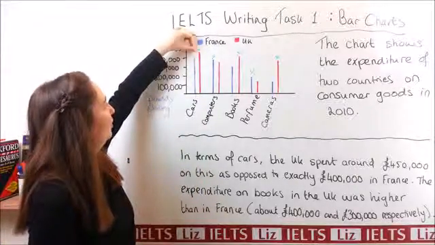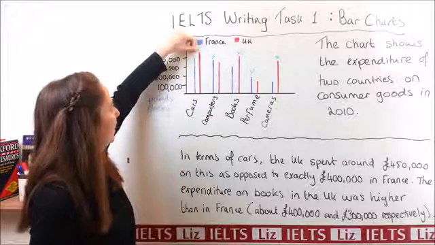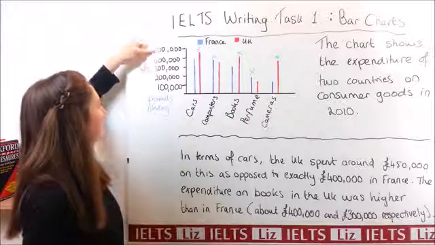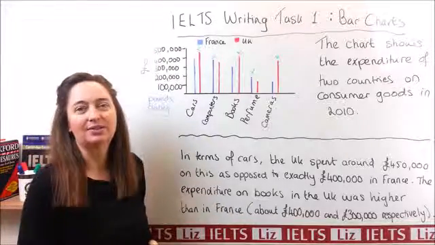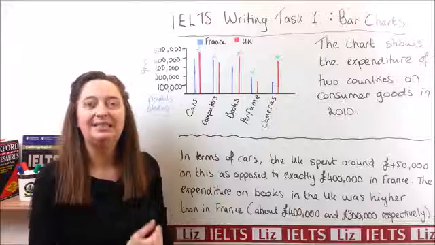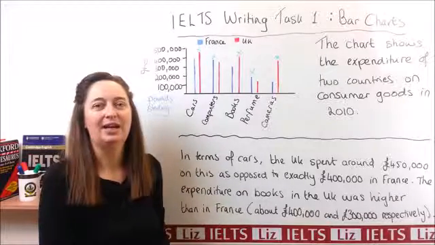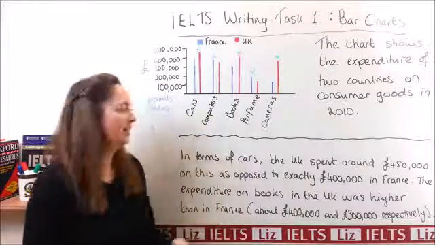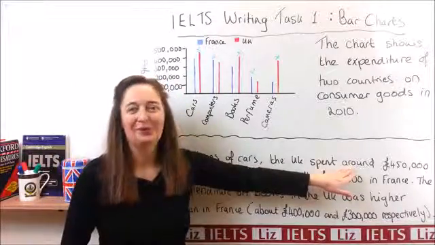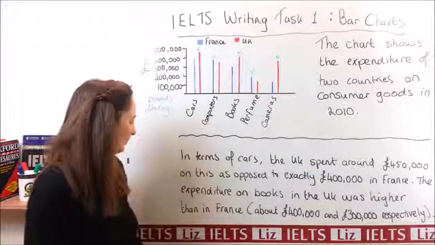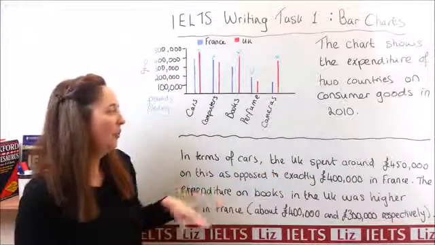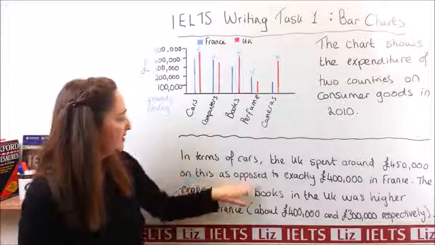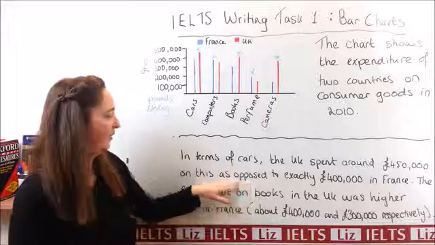and you need to have a look. This is the cars, and here we've got the UK. And you can see that it is between 400,000 and 500,000. We cannot write it was 450,000 because we cannot see exactly. But we can see that it was around £450,000. So they spent around £450,000 on this, that means cars, as opposed to, this is a very nice linker